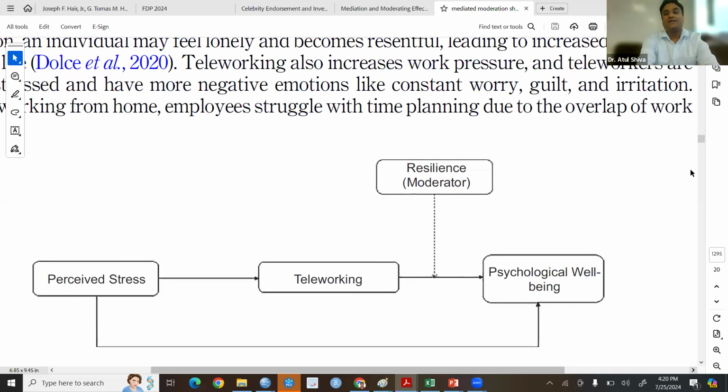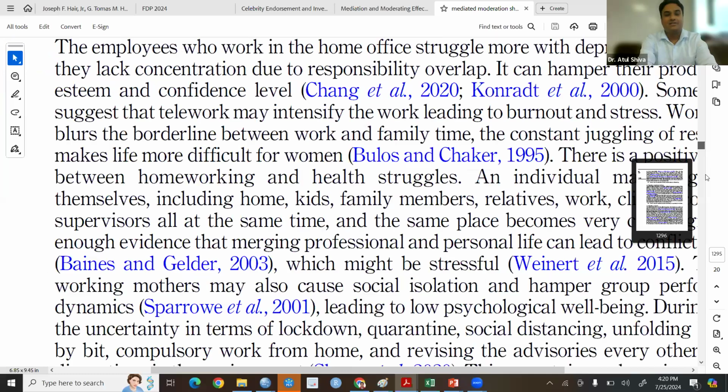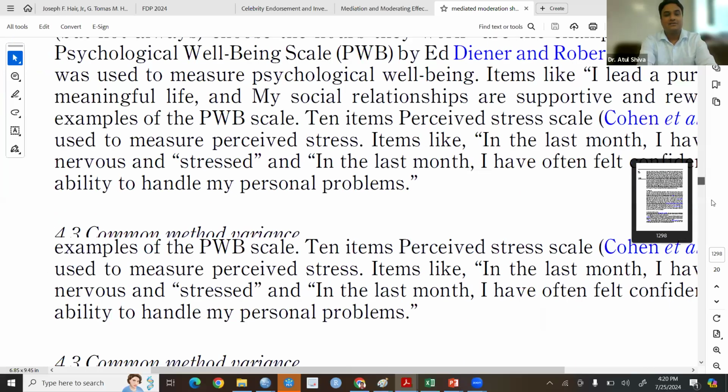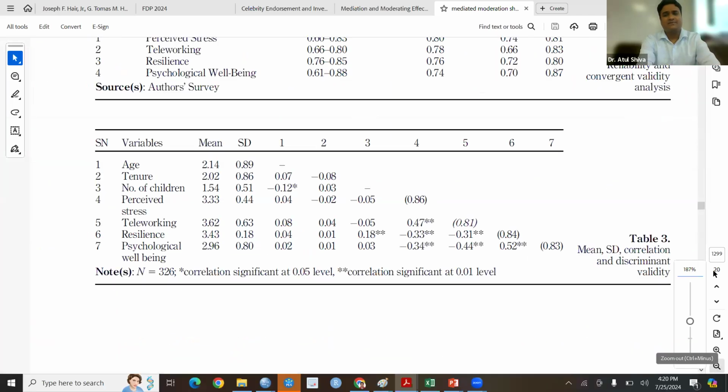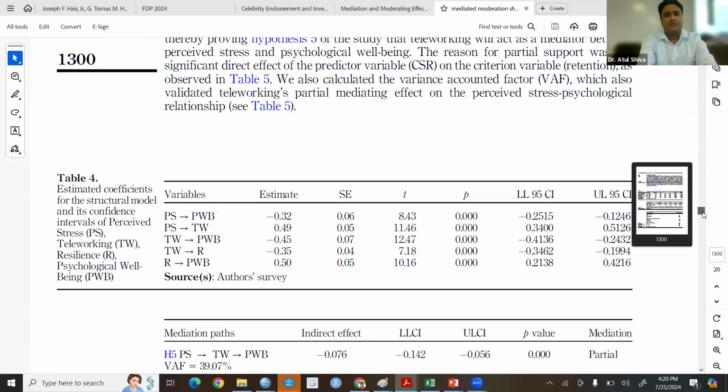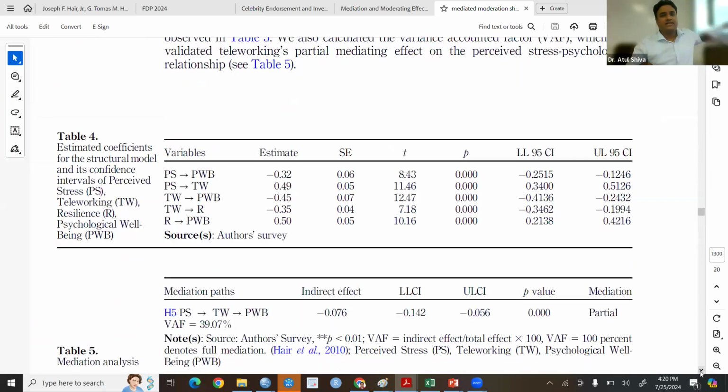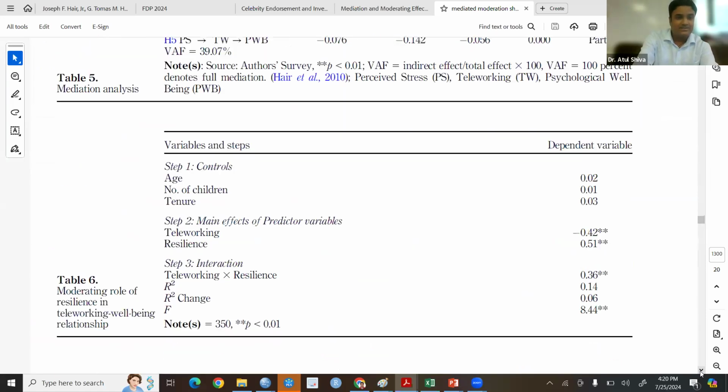अब आप इसका आउटपुट देखिए, इस पेपर का कैसे लिया होगा टीचर्स ने। ये जयपुरिया का ही पेपर है, बाकी सब SEM है, मतलब CFA, SEM सब लिखे हुए हैं। मीडिएशन भी दिखा दी हुई है, ये रिमीडिएशन H5, PS to TW और वेलबीइंग जो भी है आपका टेलीवर्किंग। But this is the most important: resilience multiplied by teleworking, interaction effect। ठीक है, टेलीवर्किंग लीड्स टू resilience लीड्स टू, ये भी है ऊपर स्टेप 2 में, ये पहले है, और कंट्रोल वेरिएबल सबसे पहले है।